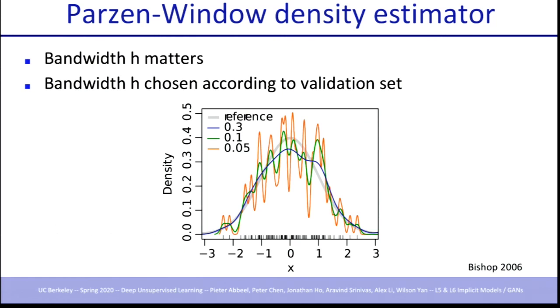Some playing you have to do with the bandwidth. Even for 1D examples, you could see for different bandwidths of your kernel, you'll have different smoothness of curves. So the reference is shown in gray. You want to be as close as possible to the gray. The black little stripes at the bottom are the samples. And then depending on the bandwidth, for a very narrow bandwidth, you get the reddish curve, which is very high frequency. For green, you get something intermediate. And then for blue, you get a pretty smooth curve. So that's a wider bandwidth. And we'll have a higher likelihood score on your test data because it's much closer to the actual distribution of your test data you ultimately will care about.